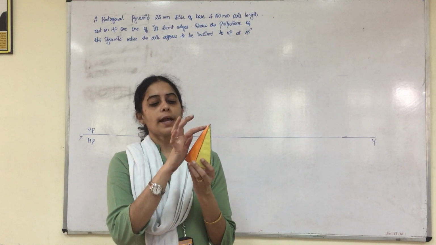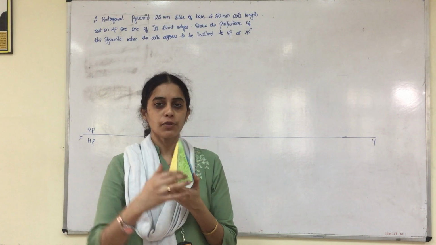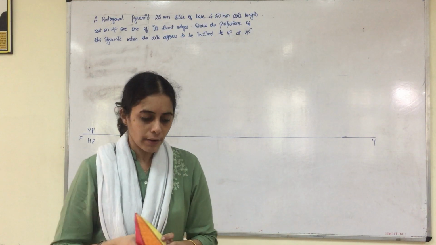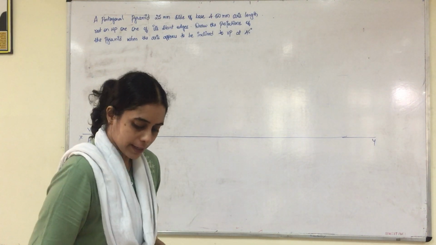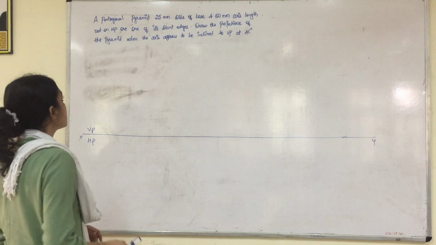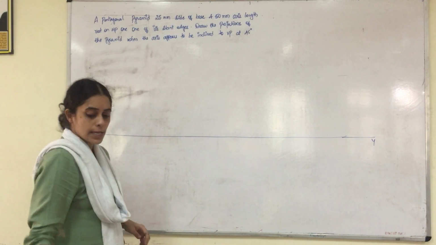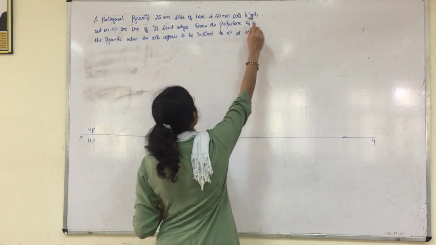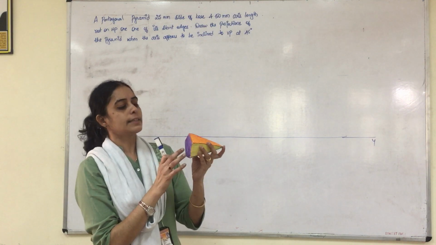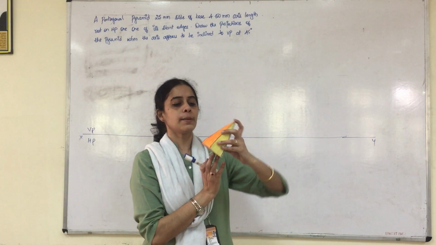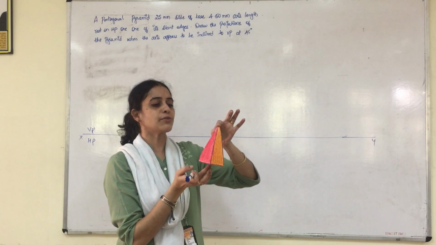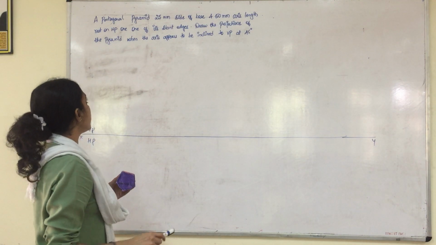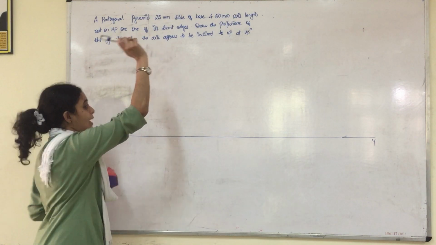All these longer edges are nothing but the slant edges, which come together to form the apex of the pyramid. Now the question is a pentagonal pyramid problem whose base side is 25 mm, and the axis height is 50 mm. The axis height is nothing but the axis from the apex to the center of the base surface. So this vertical height is our 50 mm height. And it is told how it is resting. It is resting on one of its slant edges.